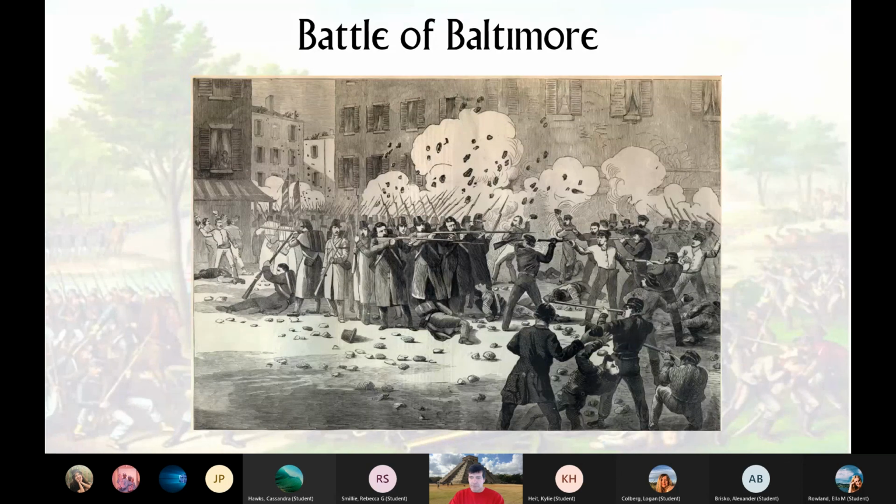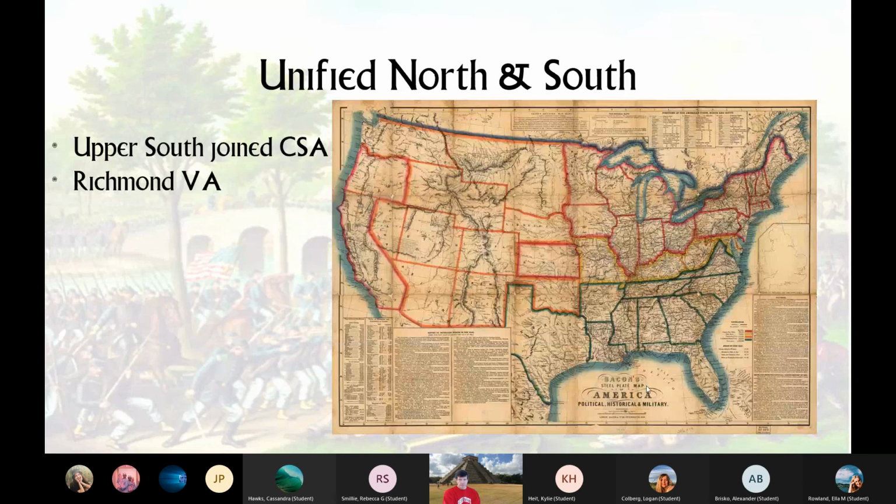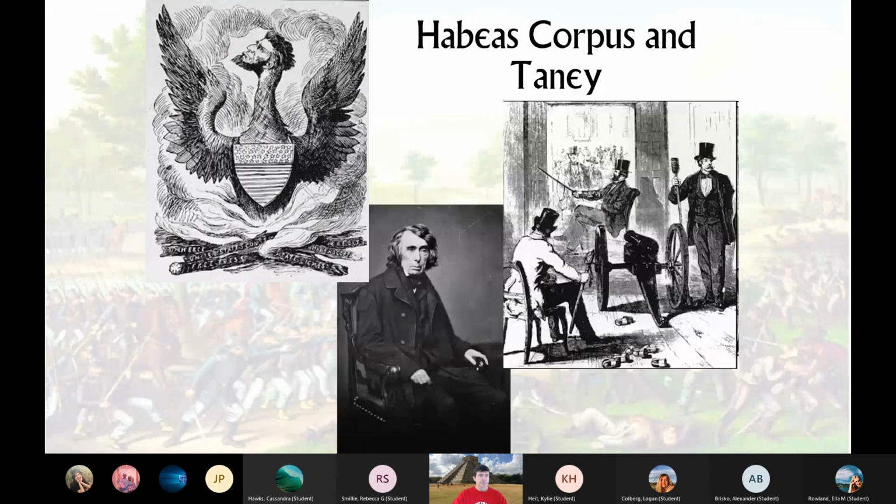Richmond, Virginia became the capital. And the amazing thing about that is Richmond is less than 100 miles from Washington, D.C. And so the main focus of the war is going to be right there and along the rivers. And almost immediately, we're going to jump right to, that's where we'll quit.